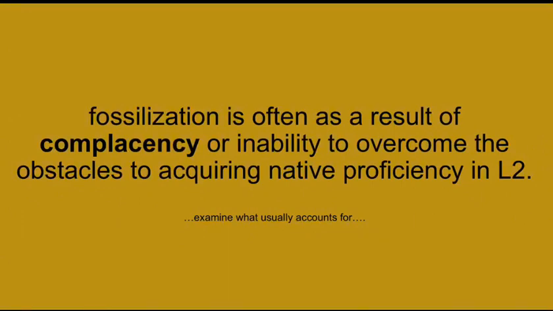Also, when you cannot overcome the obstacles in acquiring the L2, you just stop learning, you stop progressing. You can't acquire native proficiency in L2. Progress will just stop. It can also occur when a learner succeeds in conveying messages with their current L2 knowledge.